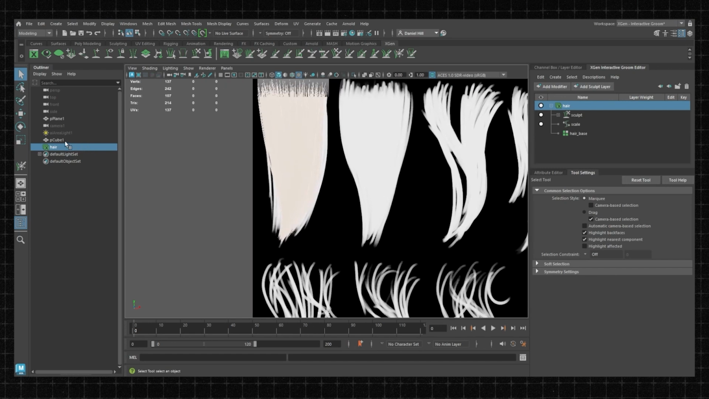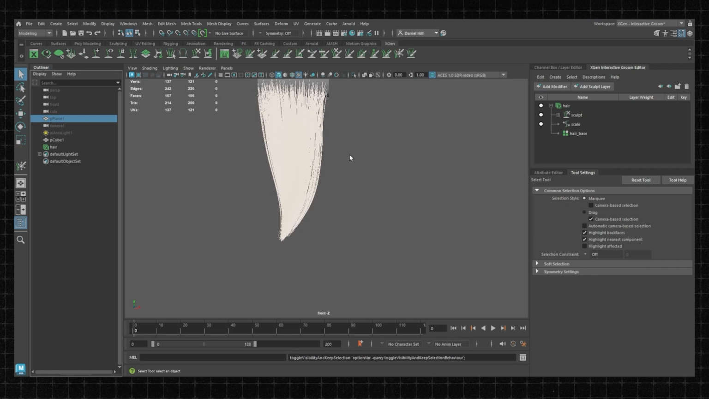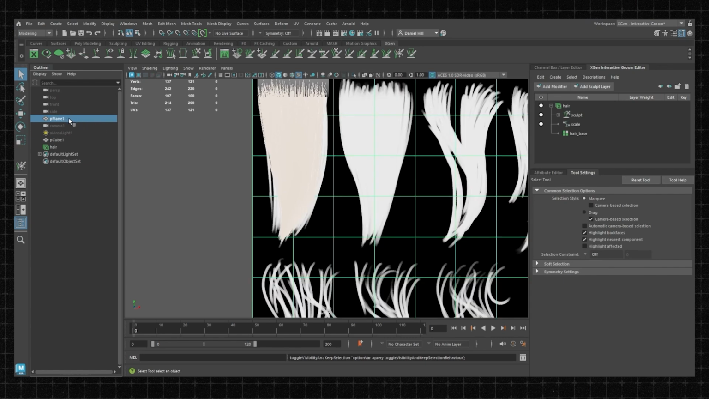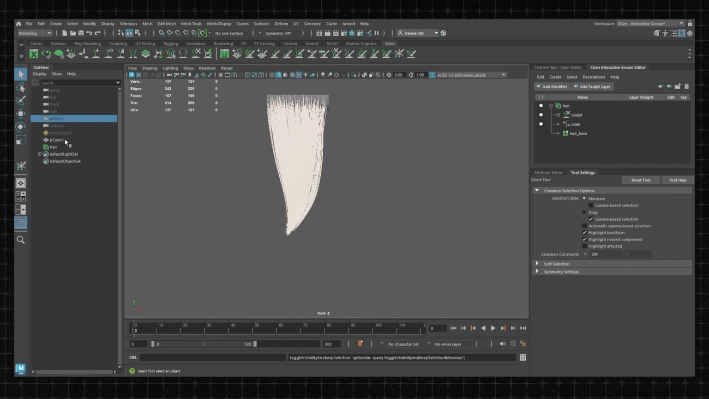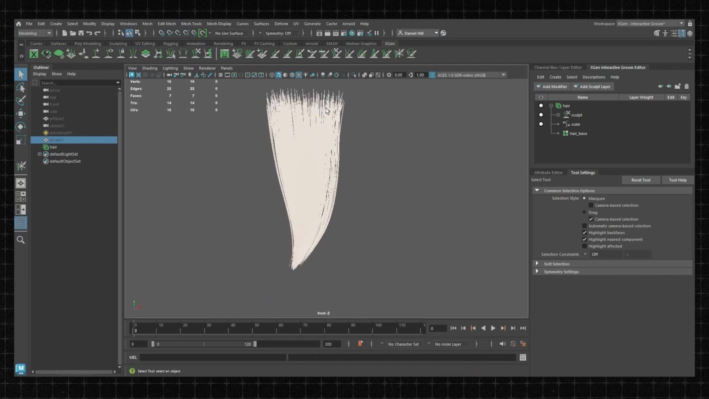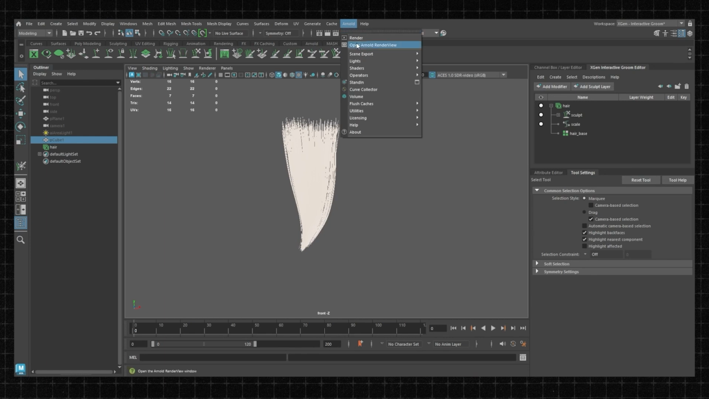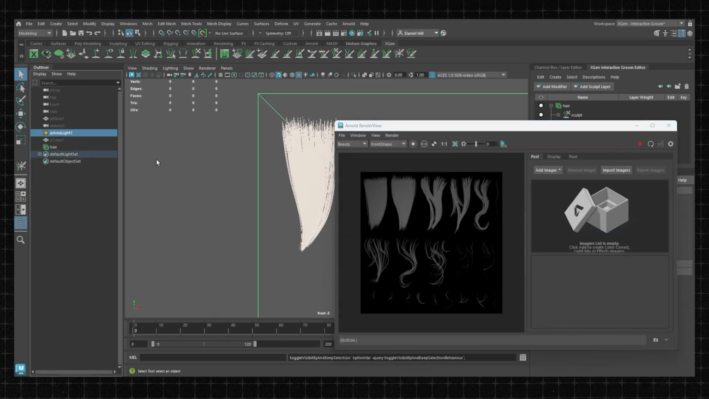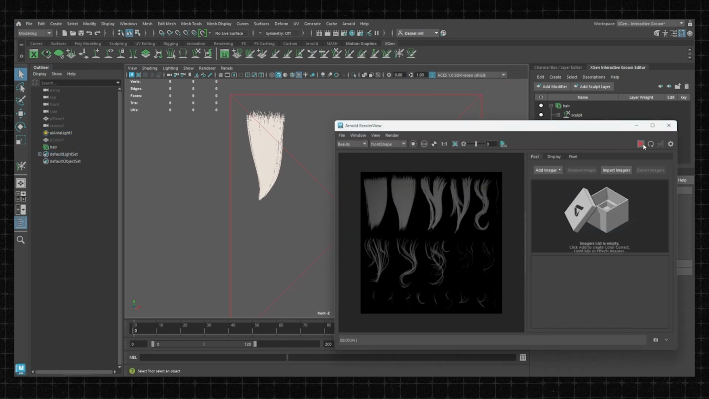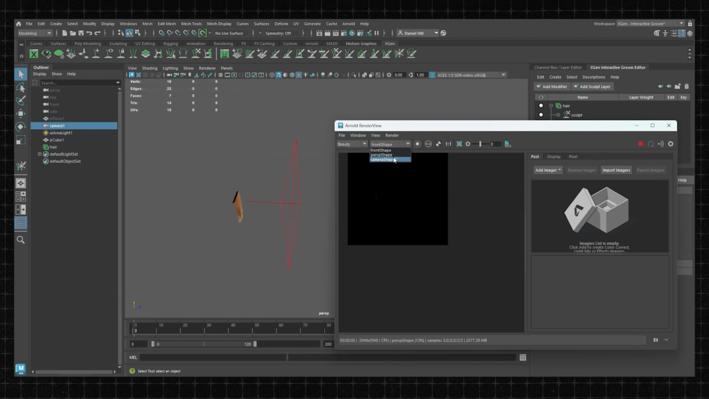Cool. And what we're going to do is we're going to turn off a few things. So we're going to turn off the plane that's holding the reference, and we're going to turn off this thing that's holding the hair. So now it's just the hair on its own. What we can do, go over to Arnold, turn on the light itself, because we need the light on, and if we do that,